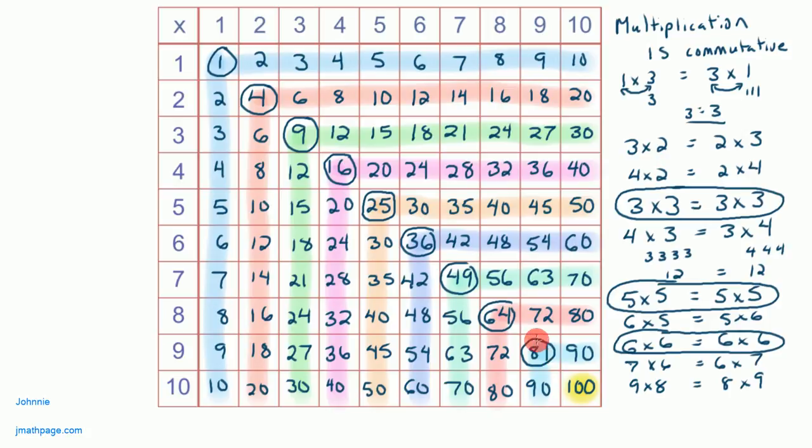And you know what the last one is. 10 times 10, 100. Now when we're thinking about commutativity, or multiplication as being commutative, you could see how the